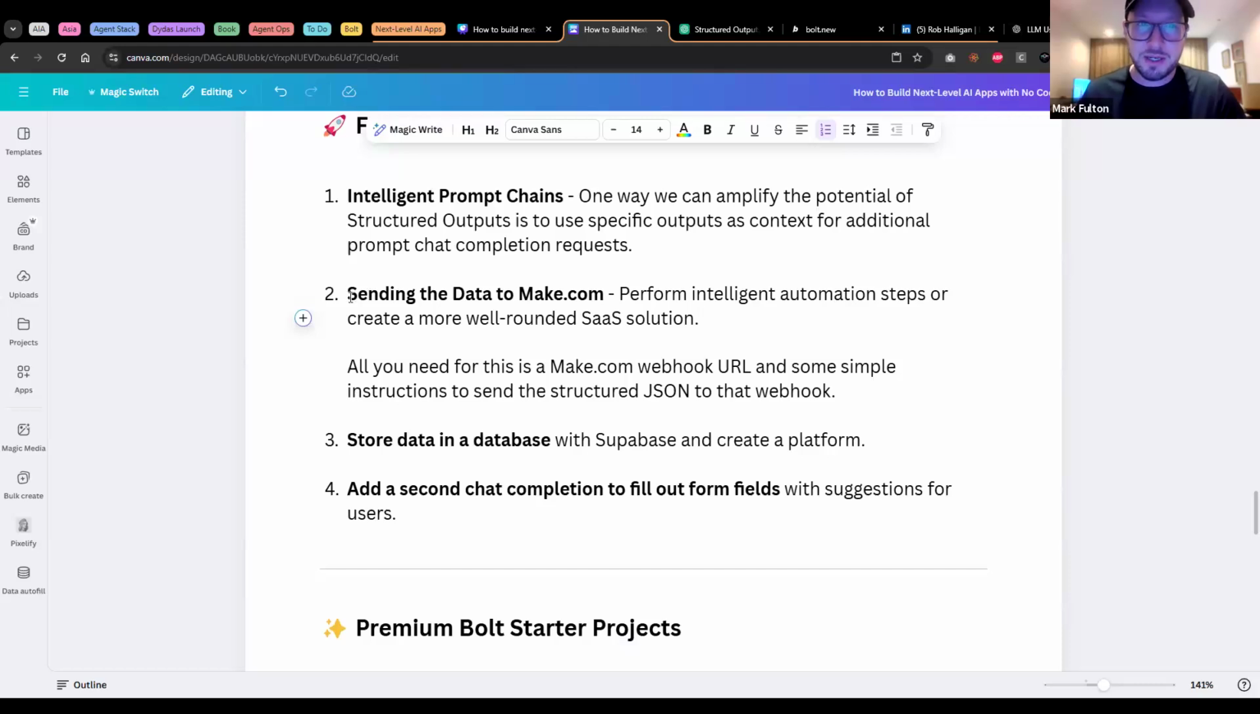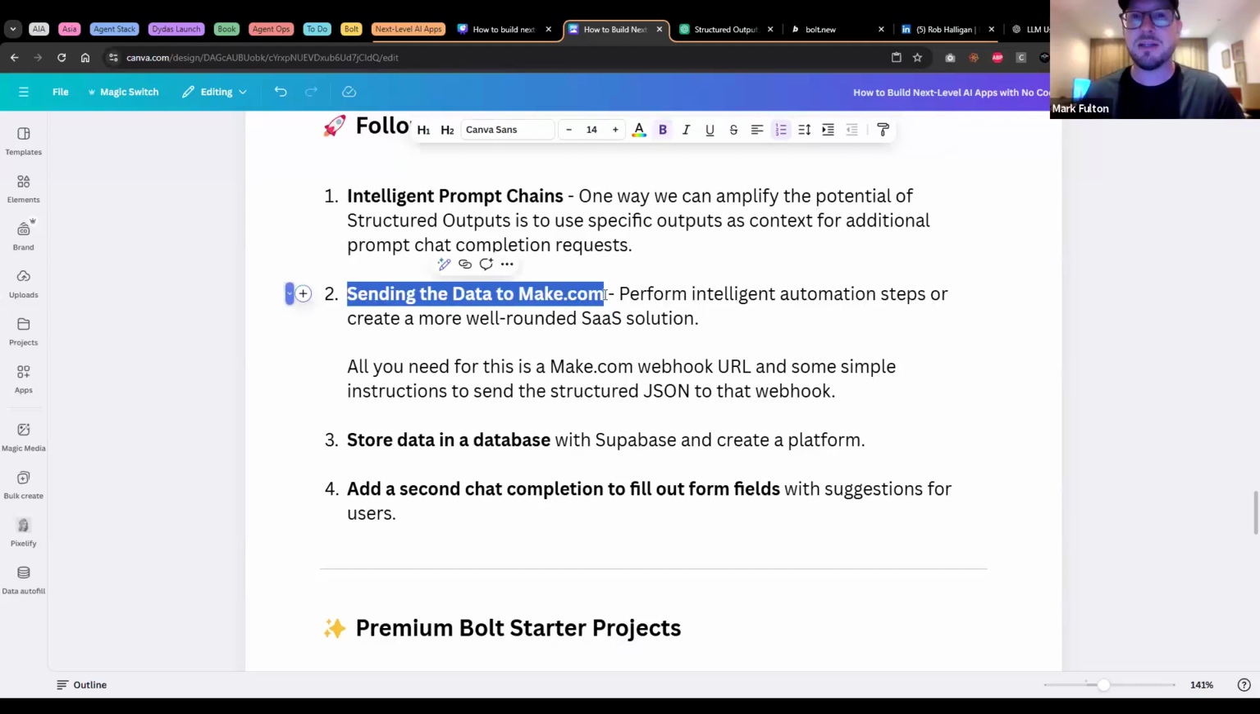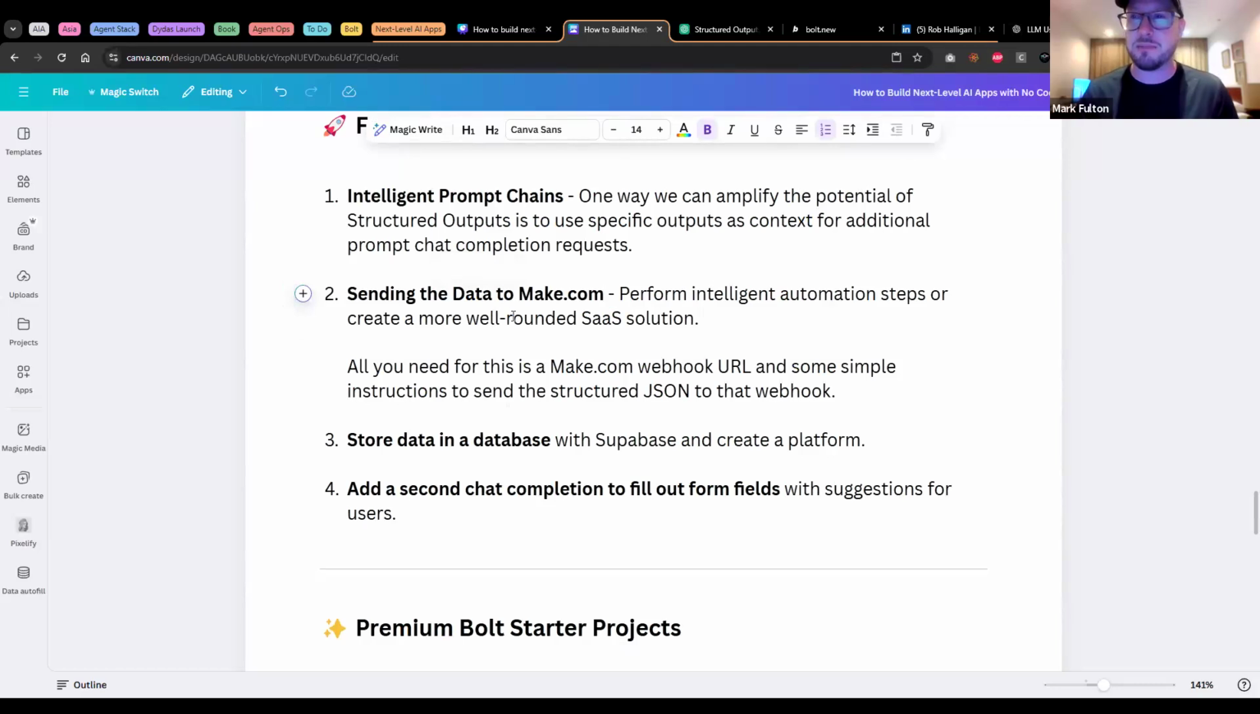Another powerful technique is to take this data and send it to make.com. If you're not familiar with make.com, it's like Zapier. You could also use Zapier. And what you would do is basically create a make scenario. And the first step would be a webhook. And it's going to provide you with a webhook URL. And all you need to do,